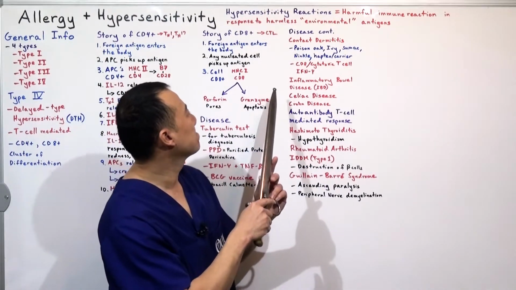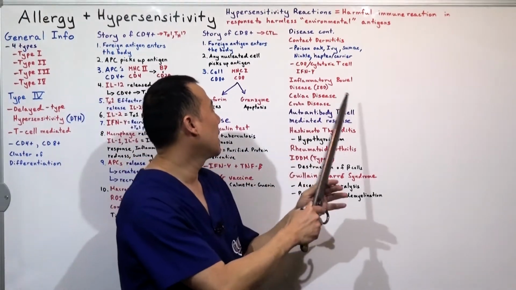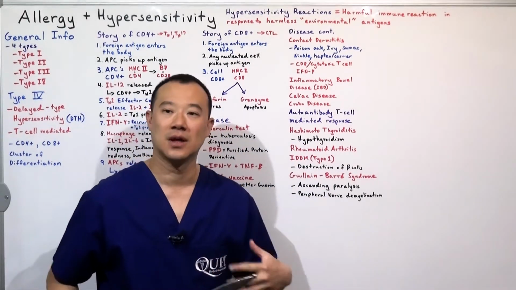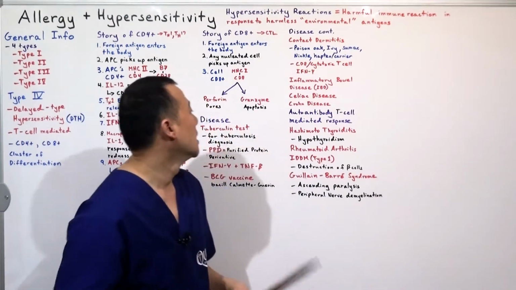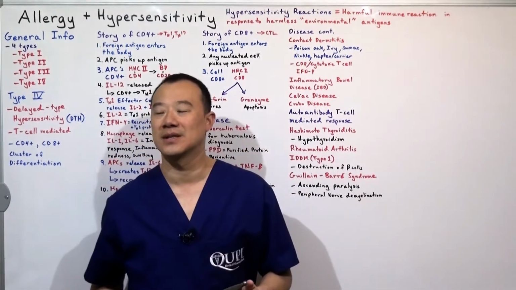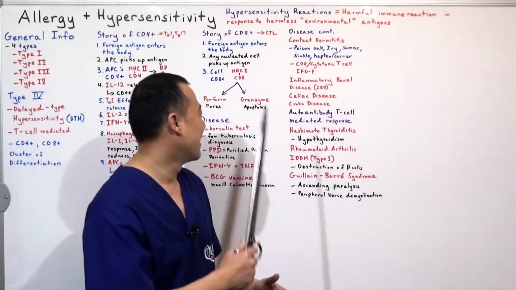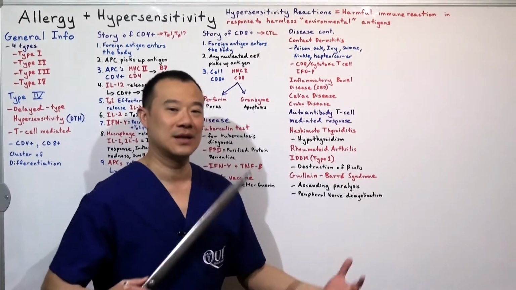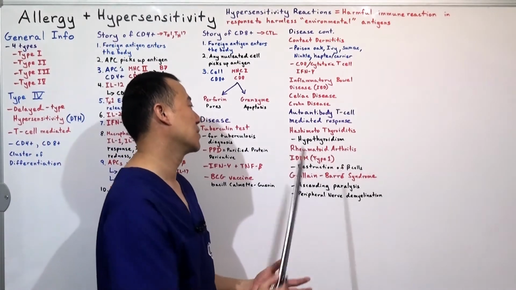Moving on. We've got these, which are all kind of gut related: inflammatory bowel disease, celiac disease, and Crohn's disease. Look it up. They're pretty interesting gut diseases that are triggered by a type 4 hypersensitivity. I wanted to make a special mention about this autoantibody T cell mediated response. I don't remember this. Maybe I didn't pay attention in school as much as I should have, but apparently this is a thing where these autoantibodies are eliciting a T cell mediated response, and we've got Hashimoto's thyroiditis, which is